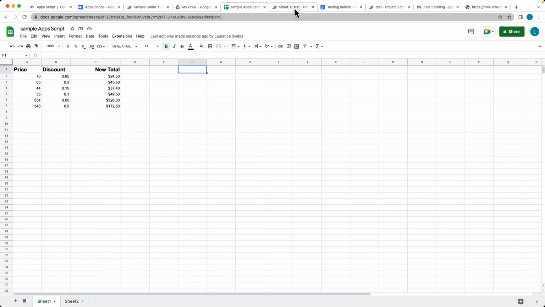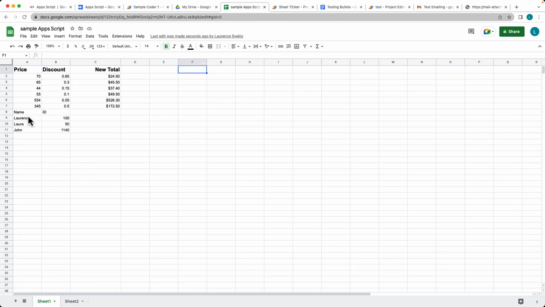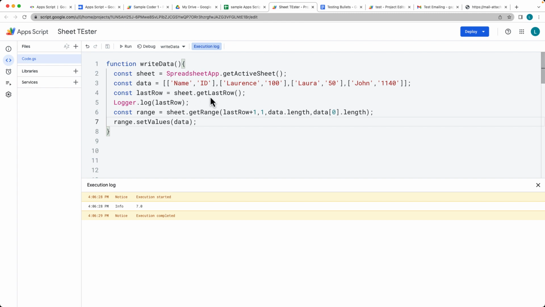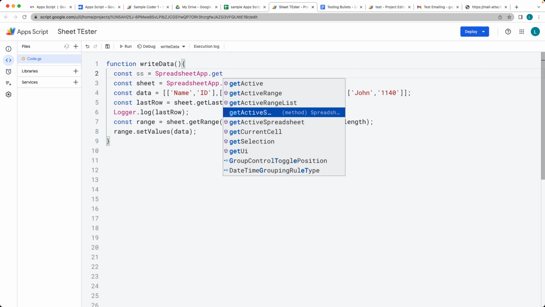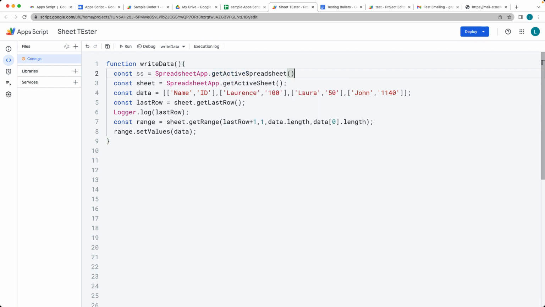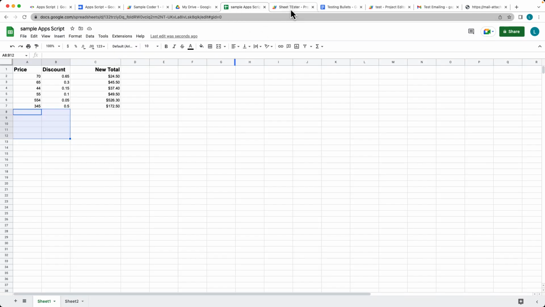So what happens if we shift to sheet number 1 and we run it? That's going to automatically add it into whatever the active sheet is. You can also specify, so if you want to add the content into a specific sheet, then instead of getting the active sheet, let's select the spreadsheet object, and then we'll create the sheet from there. So using the SpreadsheetApp, getActiveSpreadsheet, it's going to return back the spreadsheet object,